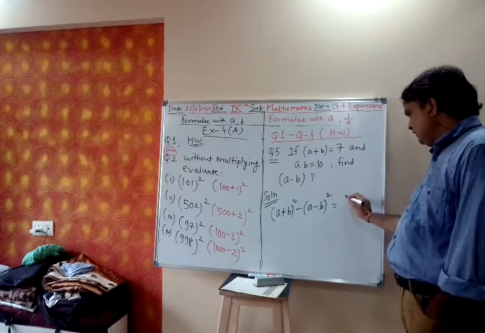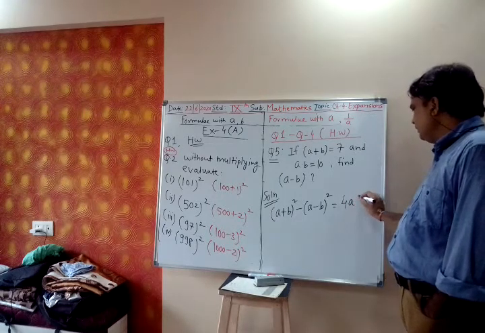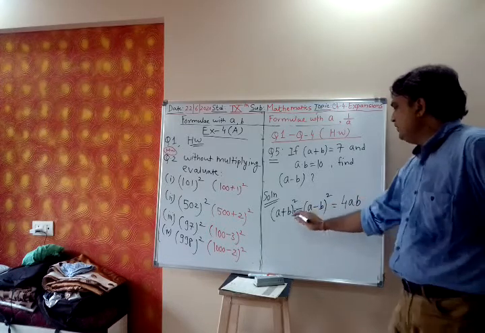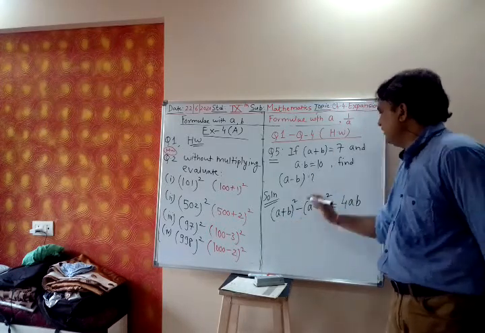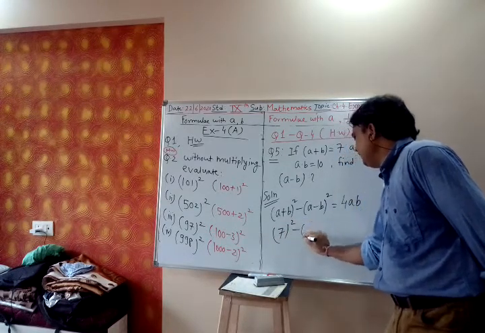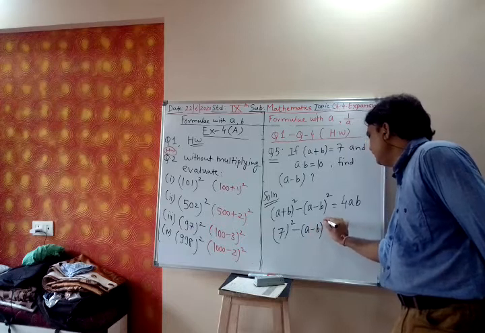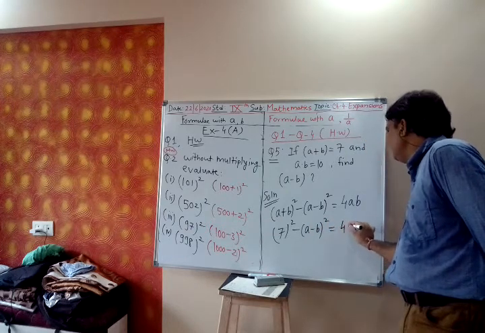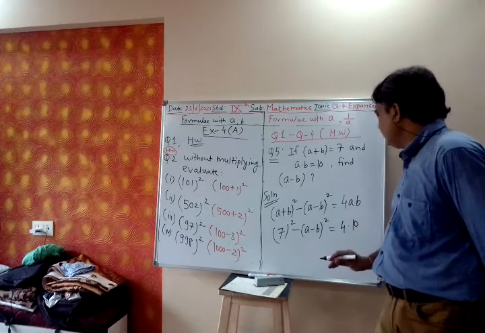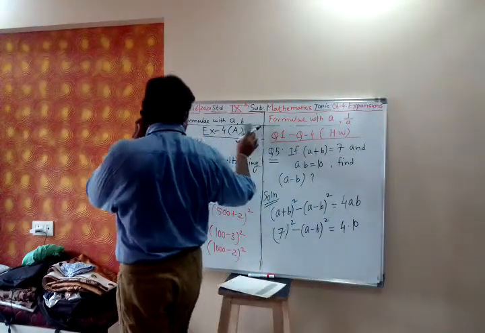So this is 4ab. Now I will substitute the value. What is a plus b? 7. So this is 7 square. And we have to find a minus b whole square. And 4 into, what is the value of ab? ab is given 10. So 7 square is...